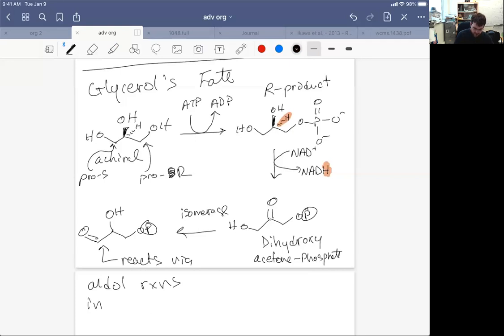in carbohydrate pathways. So you kind of take glycerol, this byproduct of triacylglyceride metabolism, and you do a phosphorylation with ATP where you put a phosphorus group on. This goes through a different mechanism than we saw for activation of the carboxylic acid, then an oxidation with NAD to NADH, pulling off the hydrogen I've highlighted, and then a crazy isomerase where we flip the alcohol position